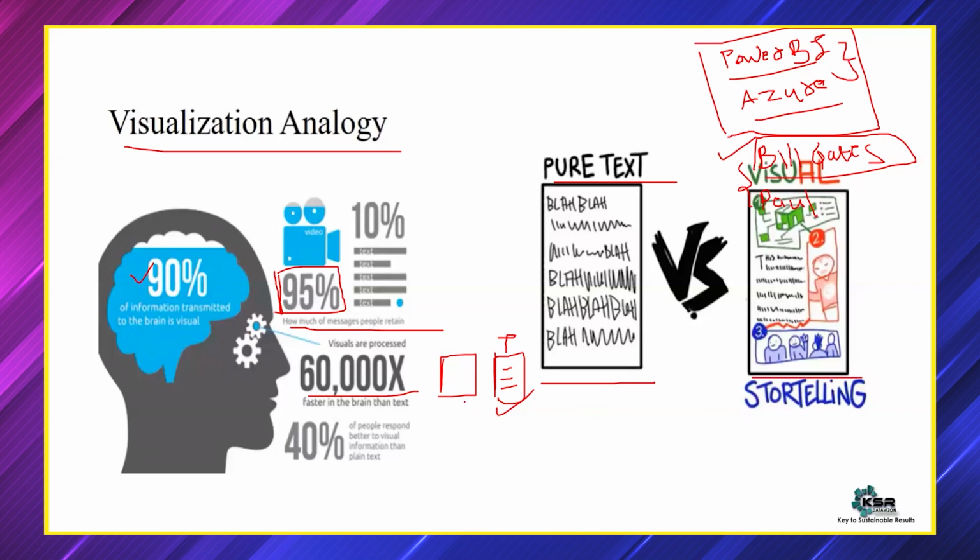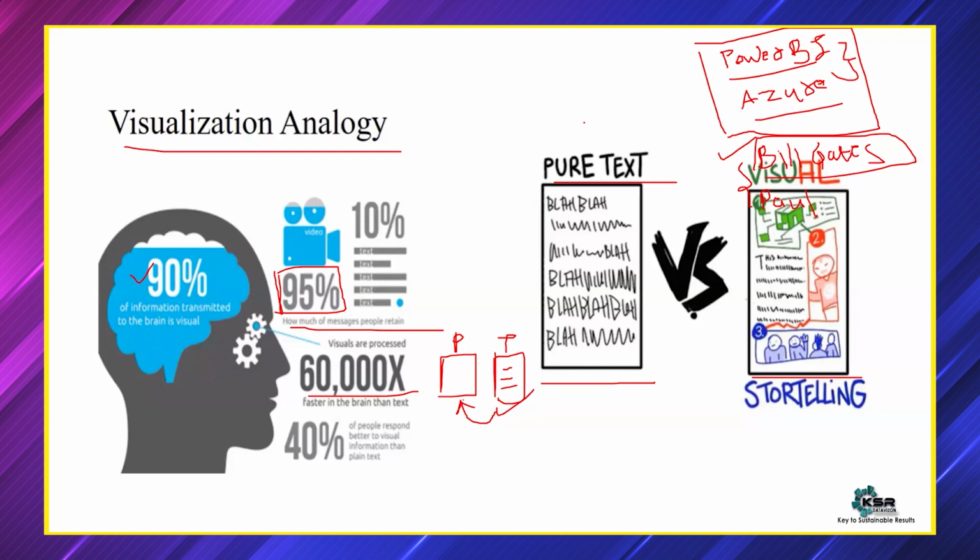Now, the speed at which the information is transmitted to our brain, and these are all average numbers, if it's a picture or a pictorial representation, is almost 60,000 times faster than a normal text. The memory is also stored for a longer duration, and the information is also transmitted in a faster manner. Faster means understanding what that picture tries to say rather than reading normal text. The importance of visualization in the current world.